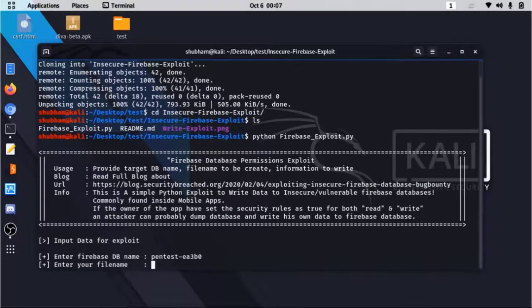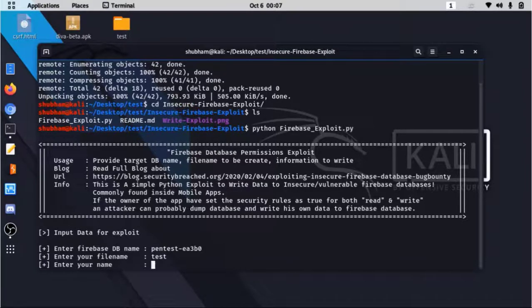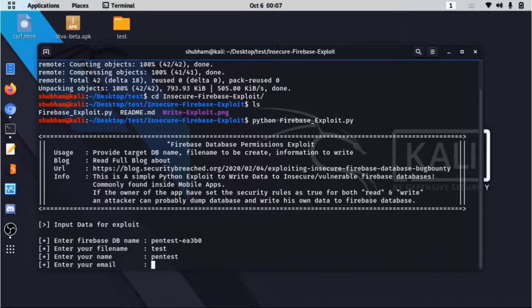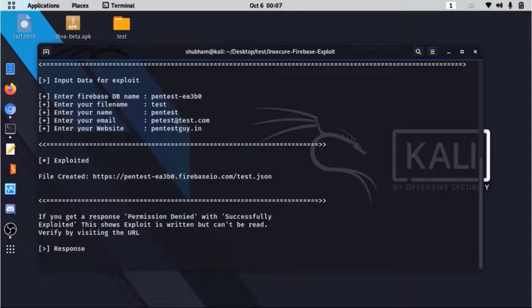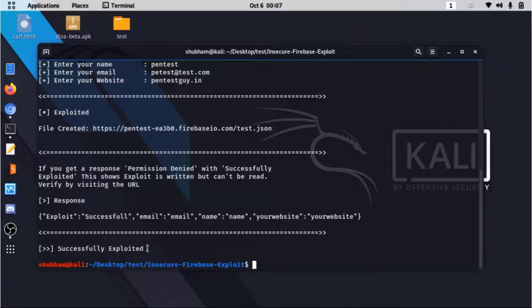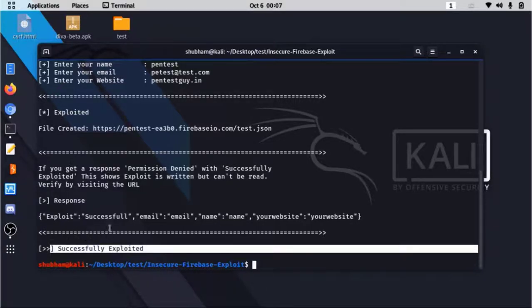I'm giving a random file name, we can give any file name, like test. Enter name, so I'm giving pentest, and any random email address, website name, and hit enter. You can see over here we got a response: successfully exploited, and we also get a URL